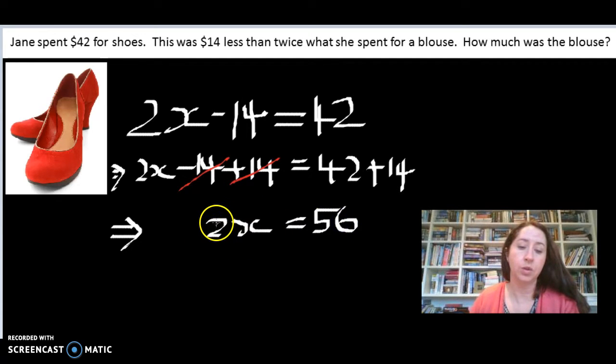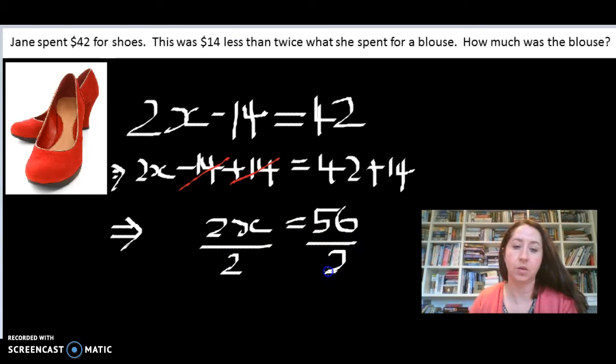Now I need to get rid of the 2, and this is 2 times x, remember, so I'm going to divide by 2, because those are opposite operations. And if I divide by 2 on this side, I have to do the same thing to the other side of the equation. So 56 divided by 2. Now I can cancel out the 2s, because 2 divided by 2 is 1, so that leaves me just with x. And I've got 56 divided by 2, which is 28,